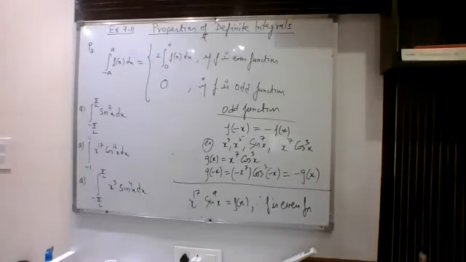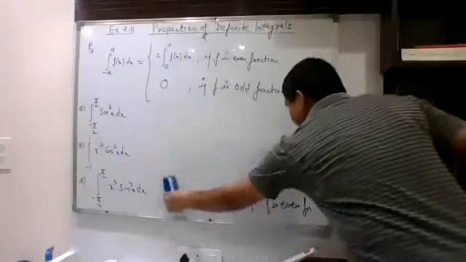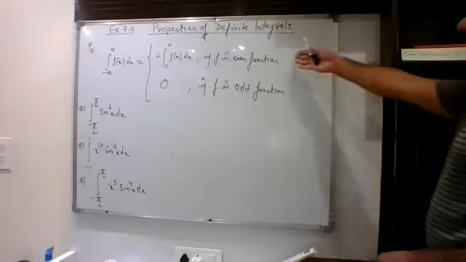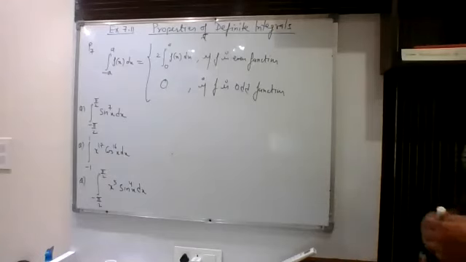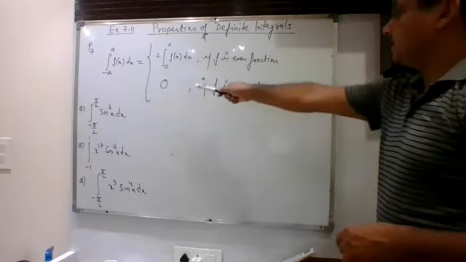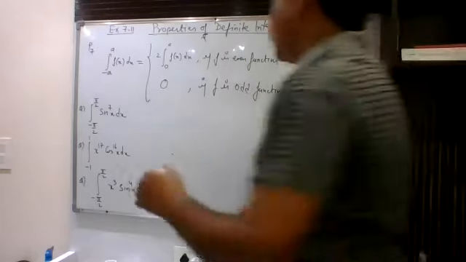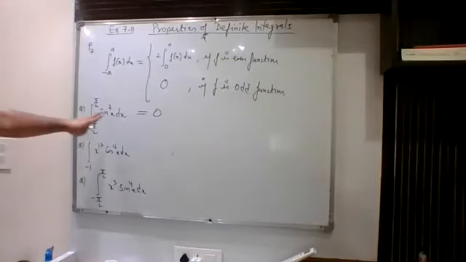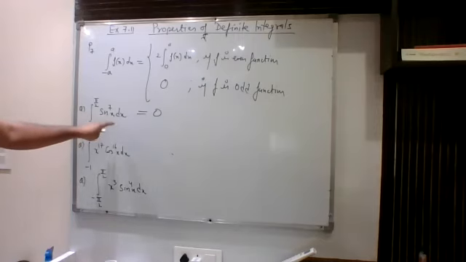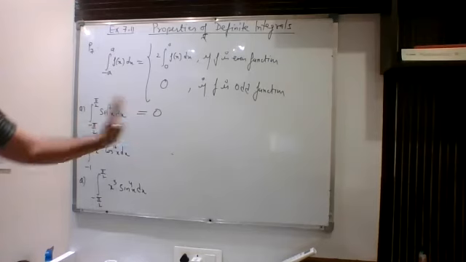Okay, so here I had written certain questions. So the first one is the integral from minus 90 to 90 of sine to the power 7x dx. As it is from minus a to a, we can think about this property. Now you know that sine to the power 7x is an odd function. So by using this property, we can say our answer will be 0, because this is an odd function. So we can ask you such a question for 1 mark and directly you can write the answer.